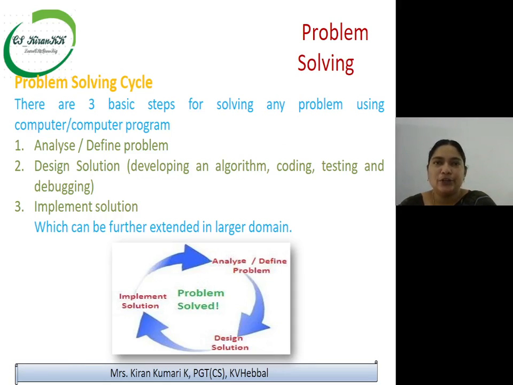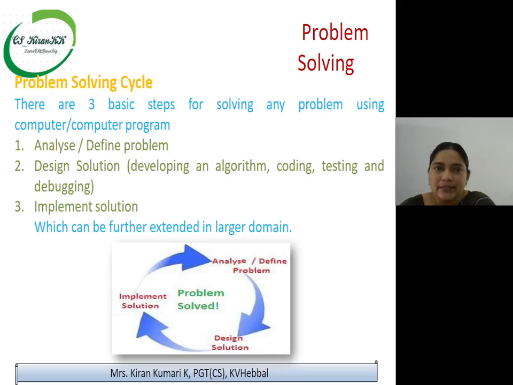If you look into any problem, how do we solve that problem, first and foremost step is what is the problem. Without knowing the problem, see, in your examination paper also one question is given, so without knowing the question, how do you answer it, right? So you should be thorough with that question. We should understand the question first of all. So that is, you have to define the problem. What is the problem? What is the actual meaning of the problem?